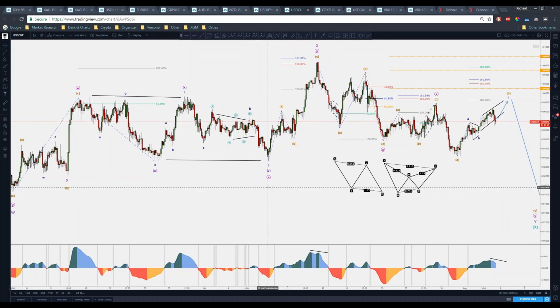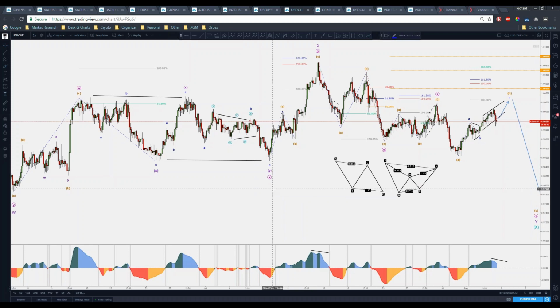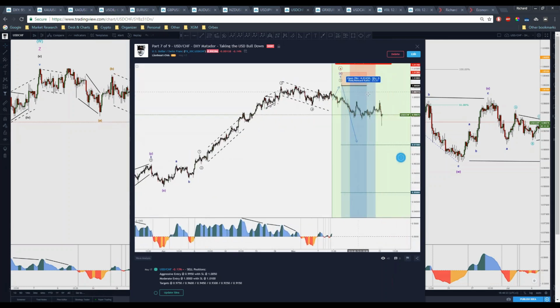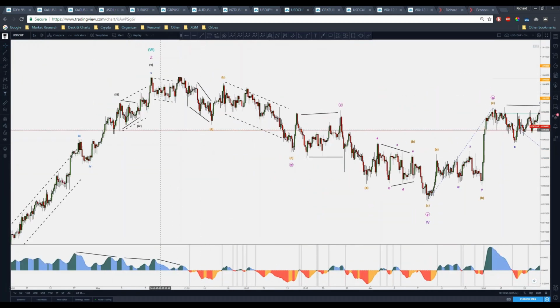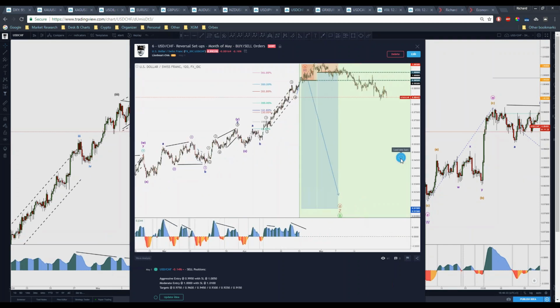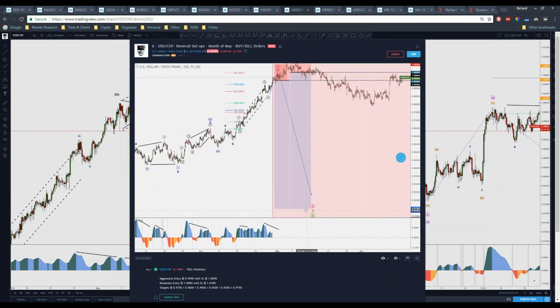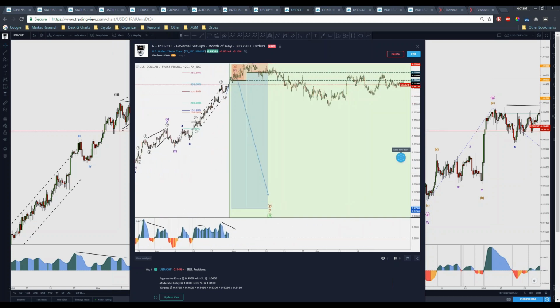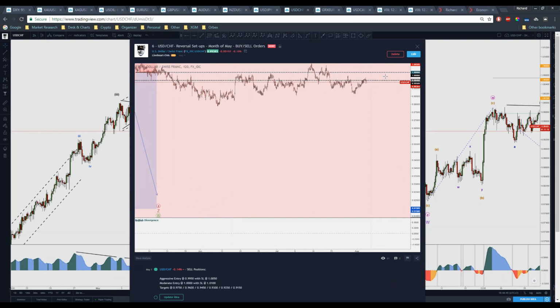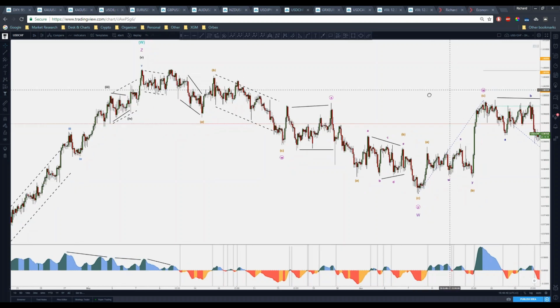So the way I'm labeling this is in a complex corrective structure, yeah, with a W right here from the time it actually started dropping, right? And I believe this was posted back then, of course, even before, somewhere around, yep, okay. This was posted right there on those bearish levels before it started actually dropping. And you can actually see my views right there. But since then, things actually changed. But anyhow, the point is that it's interesting for the USD Swiss.